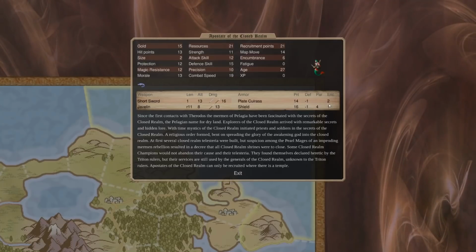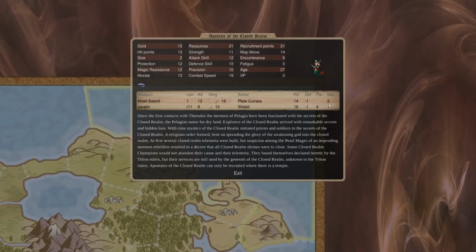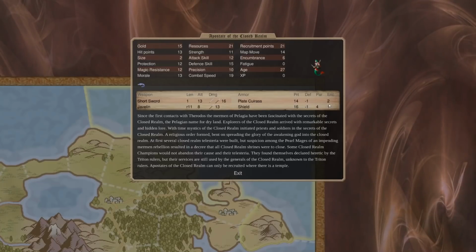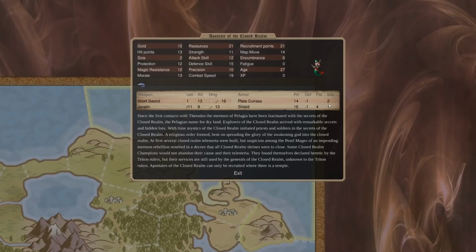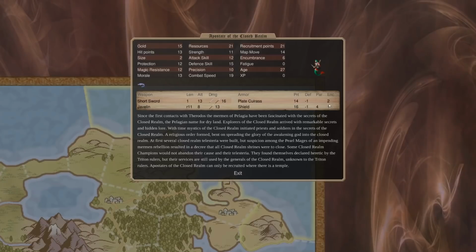I don't like them because they don't wear hats. I have very little patience for units that refuse to wear hats, especially moderately expensive units. The Apostate of the Closed Realm, these are the guys who were basically told to abolish their presence. They're a religious order of warriors. They're told to close their presence on land so the Tritons can bring them under closer control. That kind of officially happens, sort of,